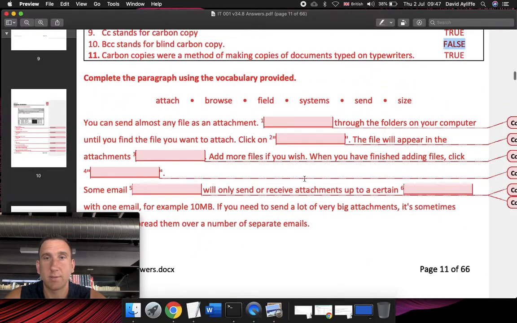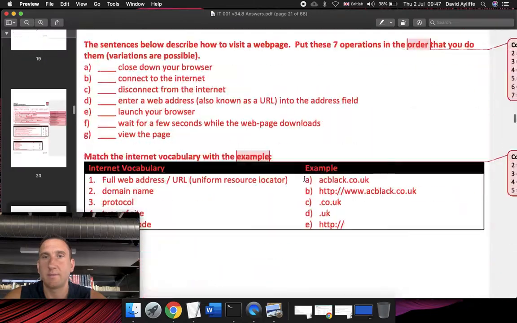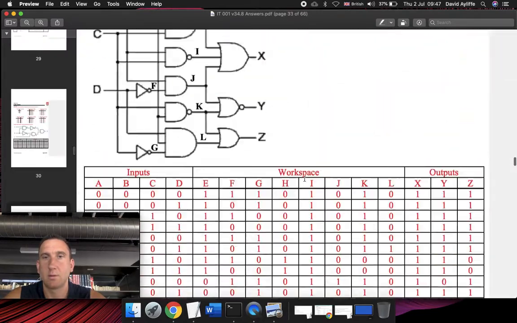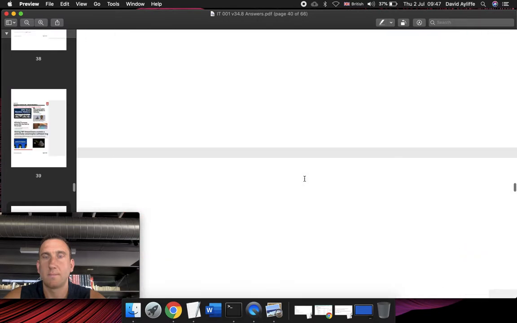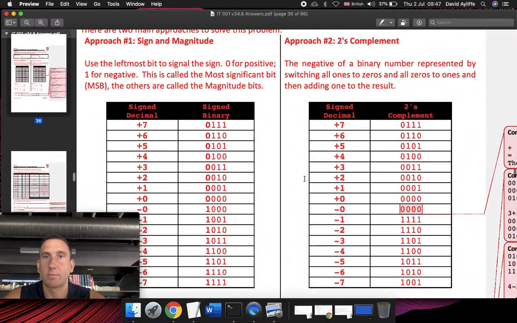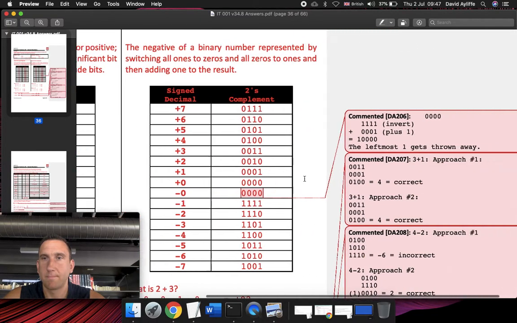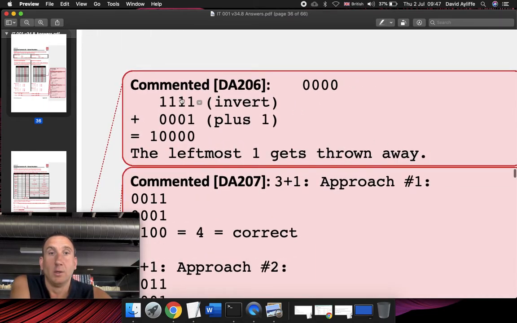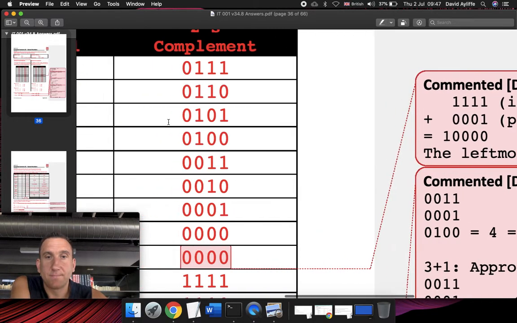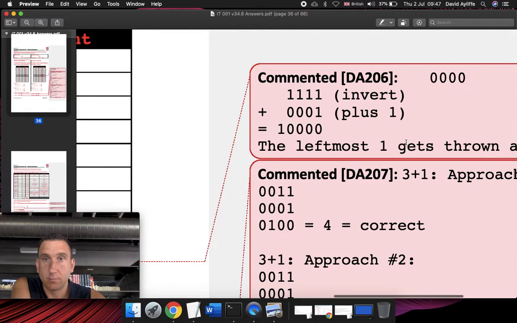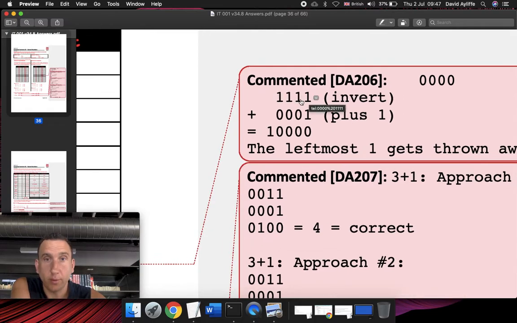Let me have a look. Do I have the... Let me see if I have this illustrated in the answer key. Ah, here we go. Yeah, super. So, we change all of these 0s to 1s, yeah, and then we add 1. So, we change them all to 1. Okay, so